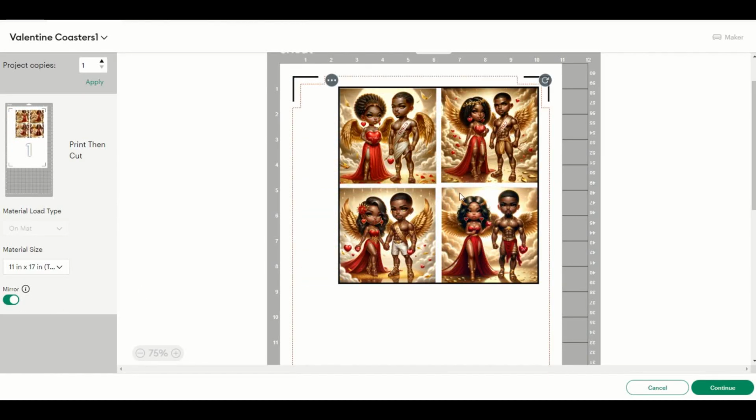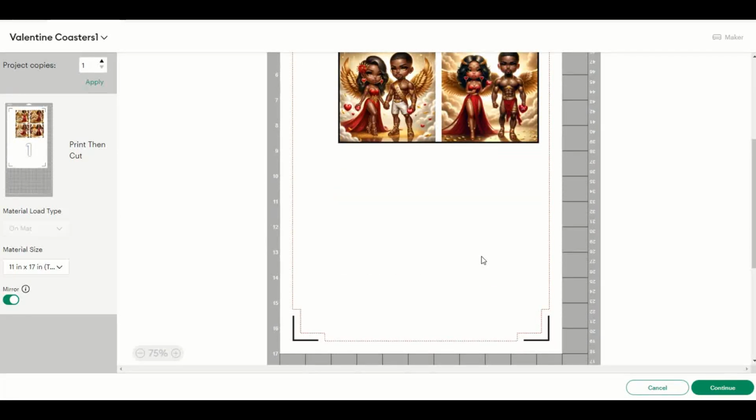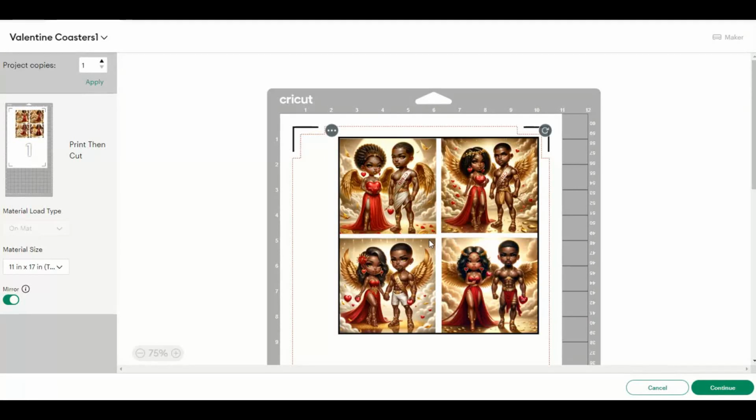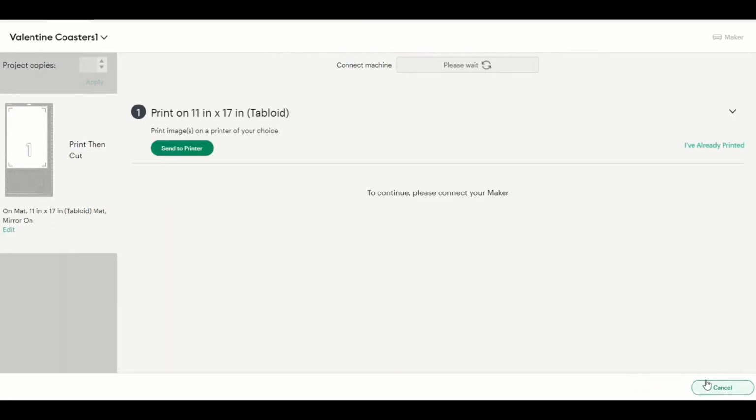So we're going to mirror our image because you always want to make sure you mirror when you're doing these coasters. If you don't, then any words or anything is going to be backwards and you're not going to be able to fix that. And you always want to make sure that when you click on mirror that the radio dial is over to the far right, because sometimes you'll click it and you may not have clicked it, or Cricut didn't think you clicked it. And if you're not looking, you'll print these out and they'll not be mirrored. Okay. So we're going to click on continue,